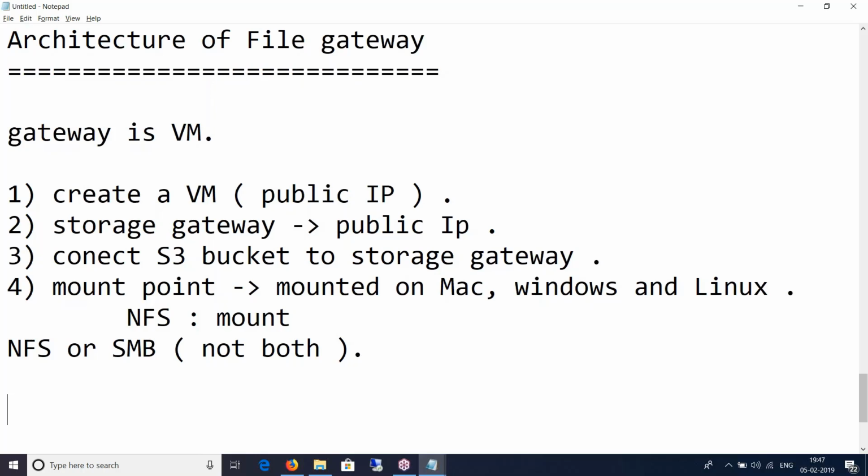There will be a latency, but the latency is not that massive, and again, it depends on how far your data is. If your on-premise data center is in California, and you have your storage gateway sitting somewhere in Singapore, then yes, you will see a delta. You will actually feel the difference. Usually people do not do that. They will have the storage gateway sitting in almost the same geographical location. It's one of the recommendations from Amazon as well: your storage gateway must be in the same location as, or closest to, the location where your on-prem is.